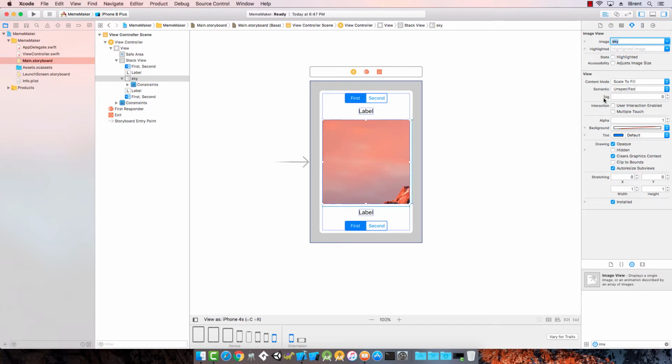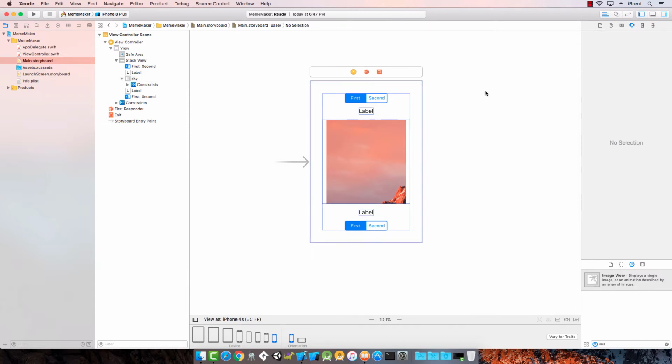Now you can have this scaled fit, aspect fit, however you'd like. Aspect fit will make it work regardless of how big that is. It'll look the same as when we created it. It won't be stretched or anything. Alright, very good. Now let's open the assistant editor,